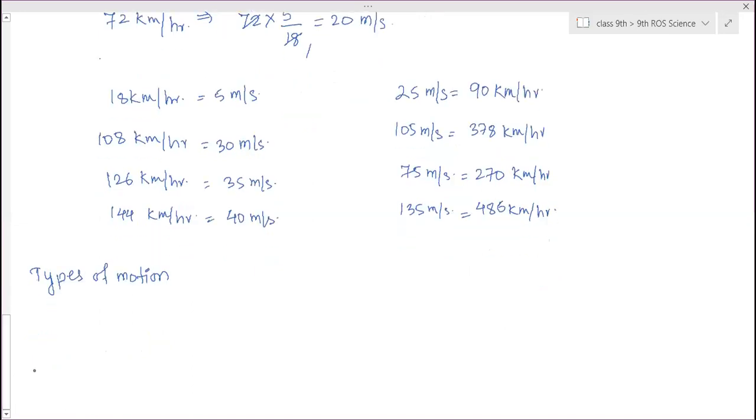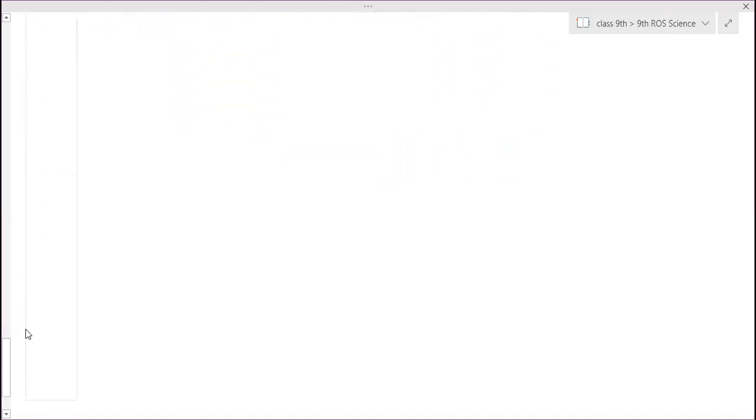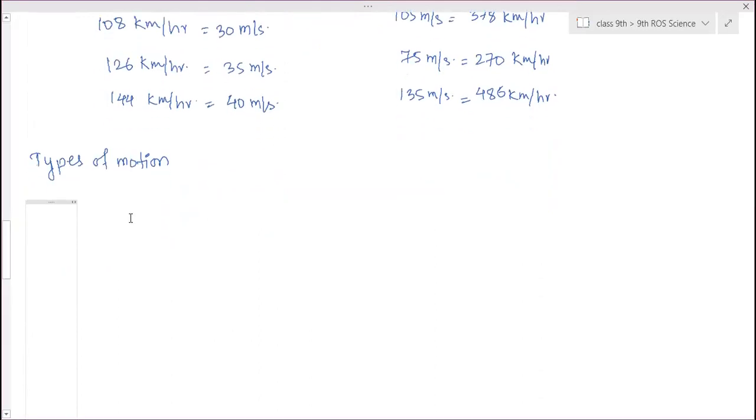So next is types of motion. In linear motion, again, we have to consider different types of motion. By knowing the different types of motion, there are different types of speed present. So first the types of motion, and according to that, the types of speed also will change. So what are those? There are two types of motion generally, uniform and non-uniform motion. Now, what is the difference between these two? First, uniform motion travels at a constant speed.